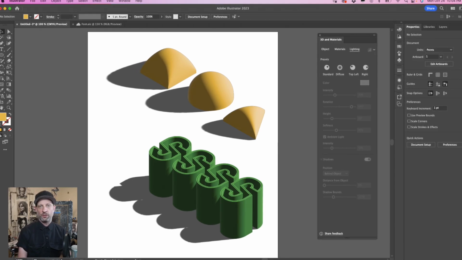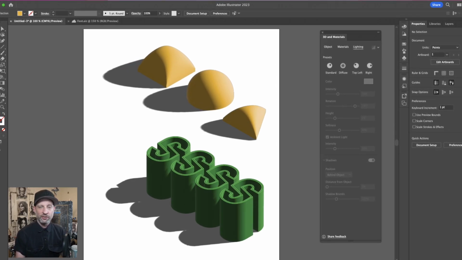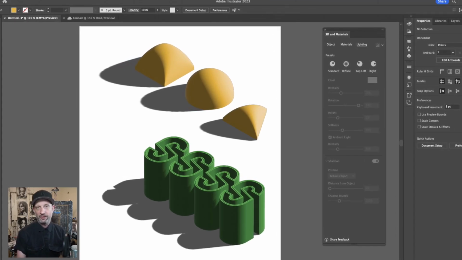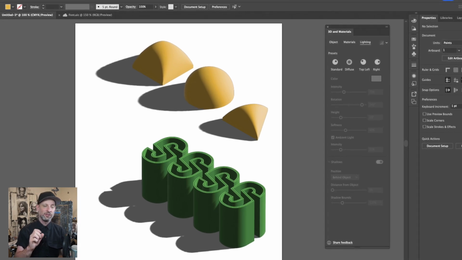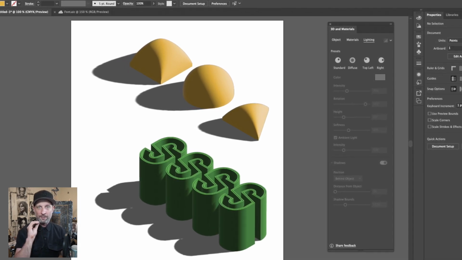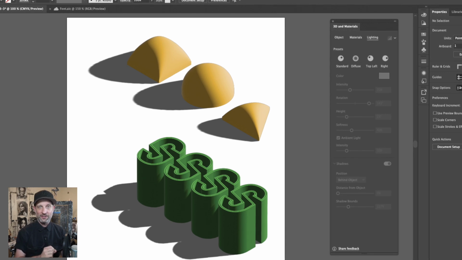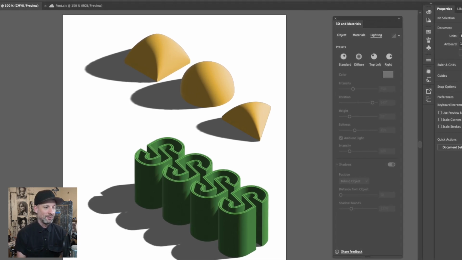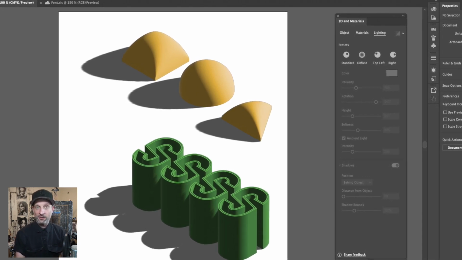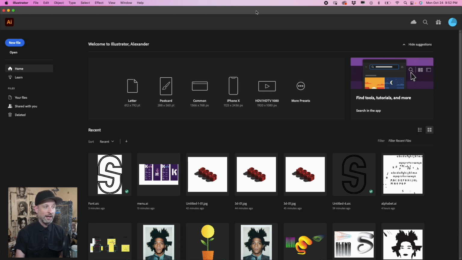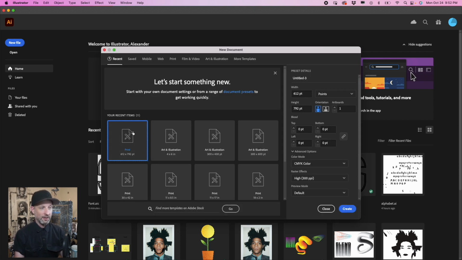All right, today we're going to do a tutorial in Illustrator using the 3D and materials tool, and this tutorial is designed for my class. So it's very specific this time to my class. So here we go. We're going to start by opening a new file, and let's go ahead and pick our